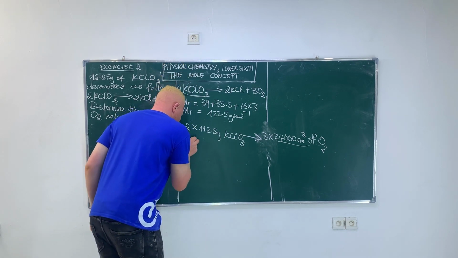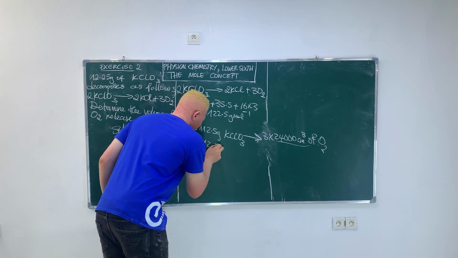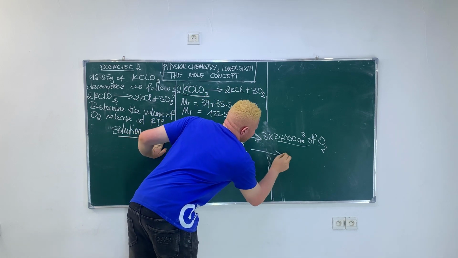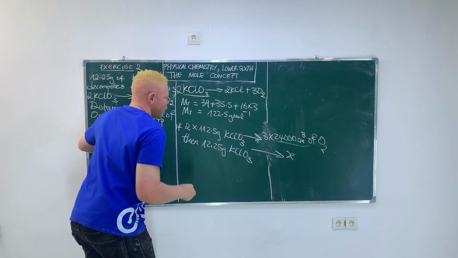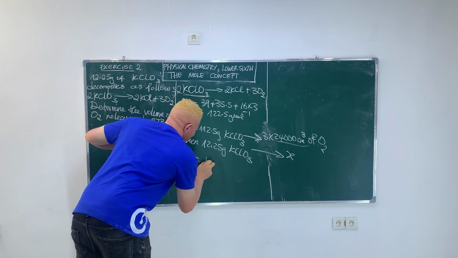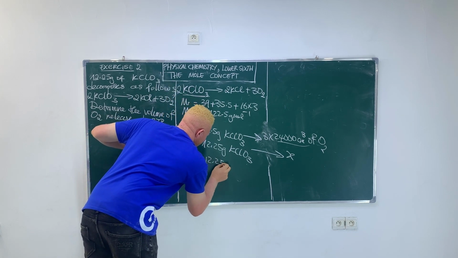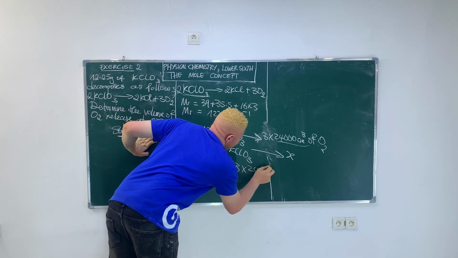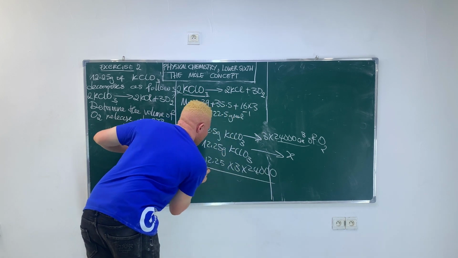Then 12.25 grams of potassium chlorate gives X. We make X the subject of the formula. X equals 12.25 times 3 times 24,000, all that divided by